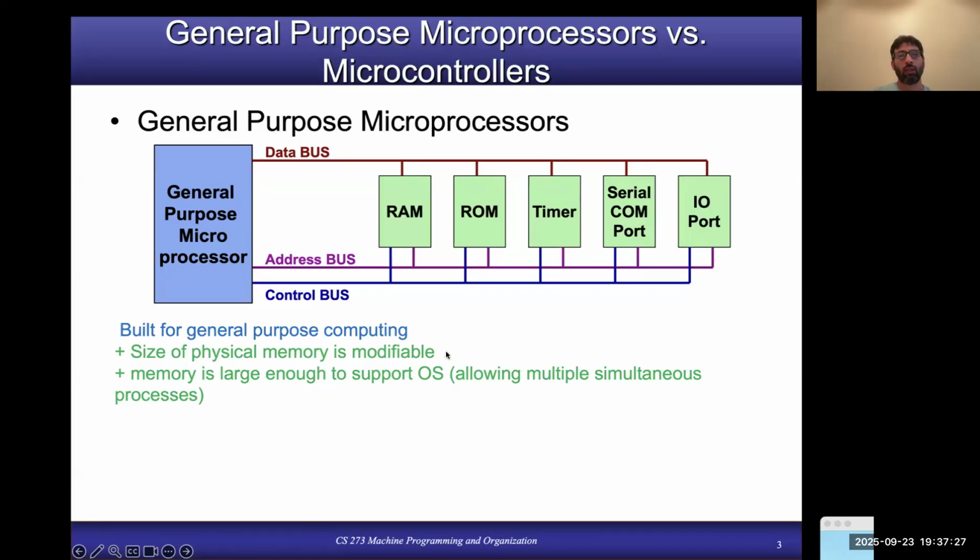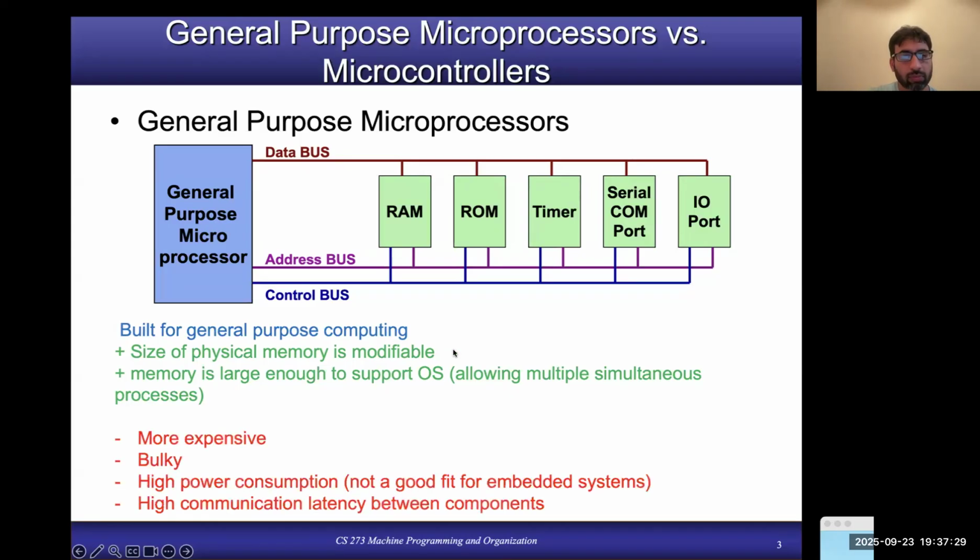Okay, thank you. The problem with general purpose microprocessors, and the systems built around them, is that they become more expensive. Why? Because you have a processor which has many more features as compared to a microcontroller, so it can perform a lot of other things as compared to the microcontroller. Also,